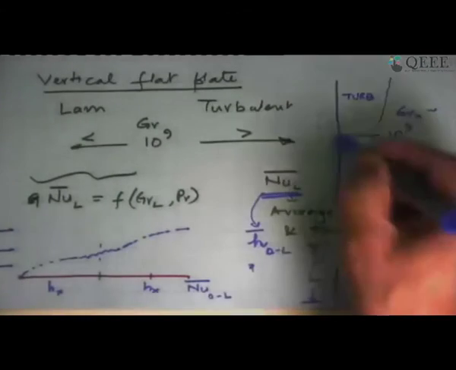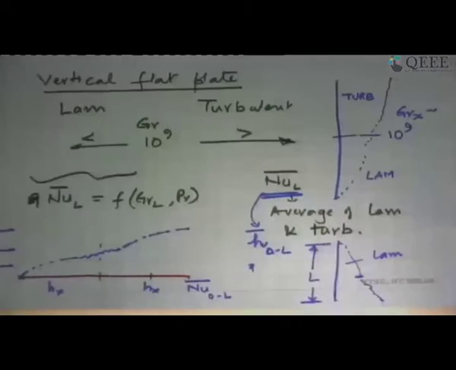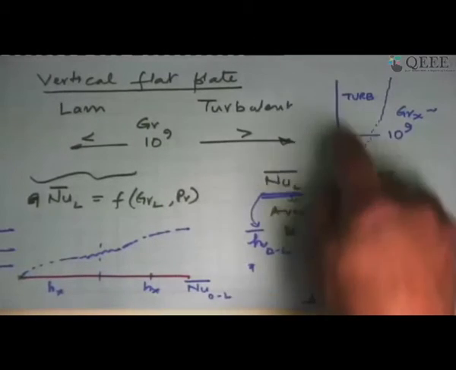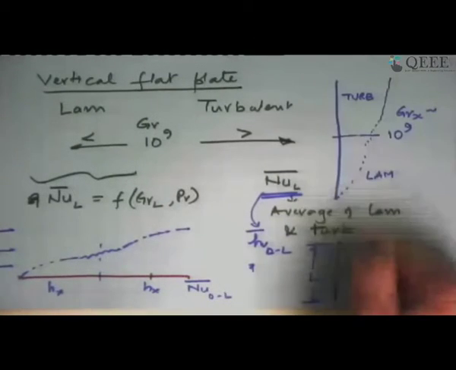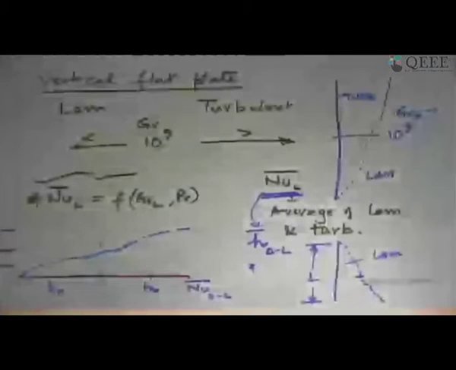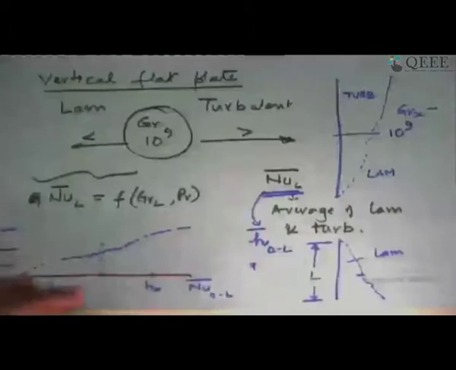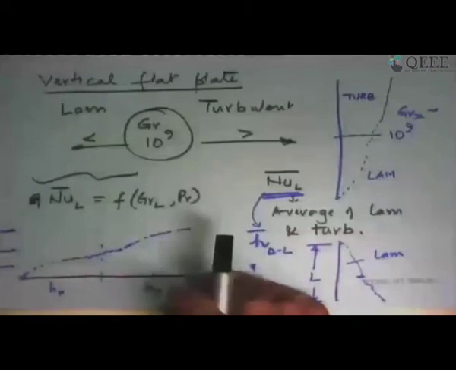The thickness of the boundary layer growing like this means that in this particular case, the coolest point on the plate will be at the bottom. As you keep going, the plate temperature will keep on increasing. In this case, it will be opposite. So that is the criterion. A Grashof number of 10 to the power 9 is a sort of threshold below which we have a laminar flow. Greater than that, we have laminar plus turbulent flow.